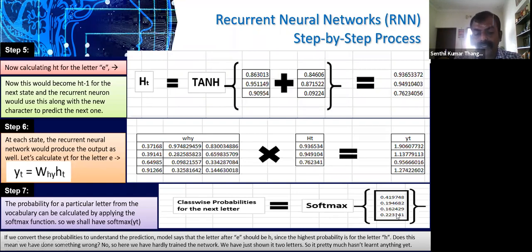What are these values? These values are calculated by applying the softmax function on this y of t. On this y of t, if you apply the softmax function, you will get these values. So these are the values that will be provided as input to predict the next letter that will come up. The next letter would be L, right? This is the learning that I want you to know for recurrent neural networks.